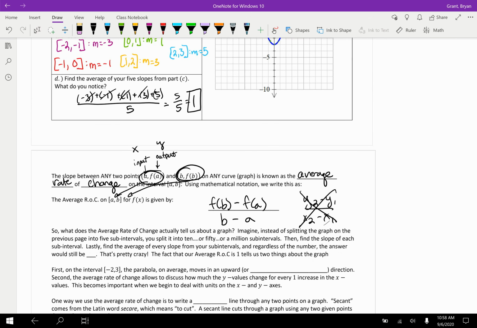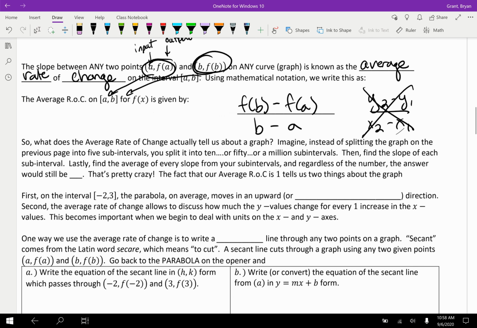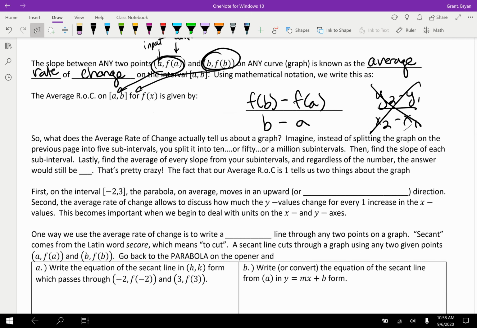If you'd done 50 subintervals or 1,000,000, you would still get 1, right? So if you found the average, regardless of the number of subintervals, the answer would still be 1. And that's actually pretty insane, right? It's kind of cool for a graph. So the fact that our average rate of change is 1 tells us two things about the graph. First, over this interval, the parabola on average moves in an upward or positive